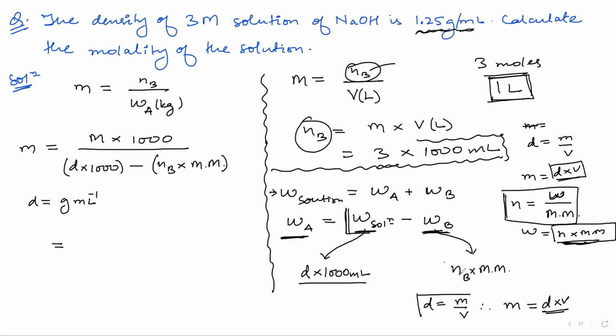Now where will this number of moles come from? It will come again from the molarity. In molarity we have number of moles per liter of solution. So how much is given here? It is 3 molar. Now this is 3 moles in 1 liter. So this 3 mole is the number of moles. Got it, Abdullah? Yes, sir.